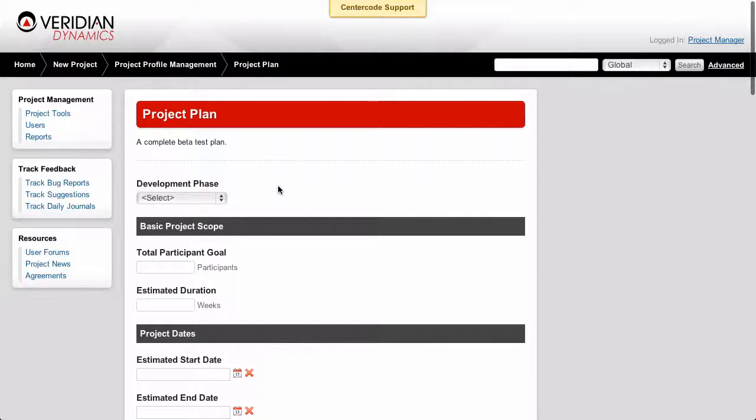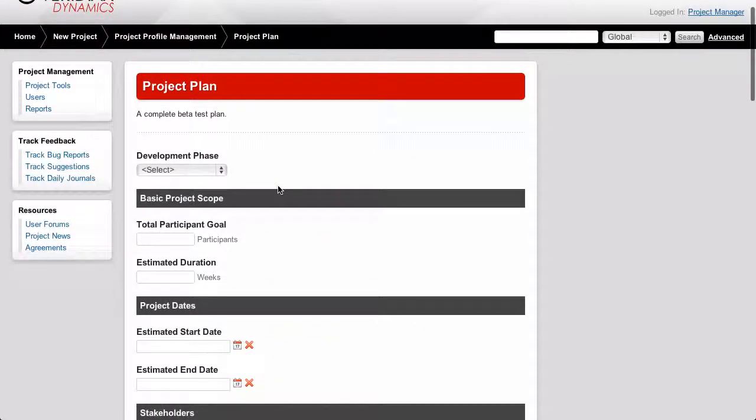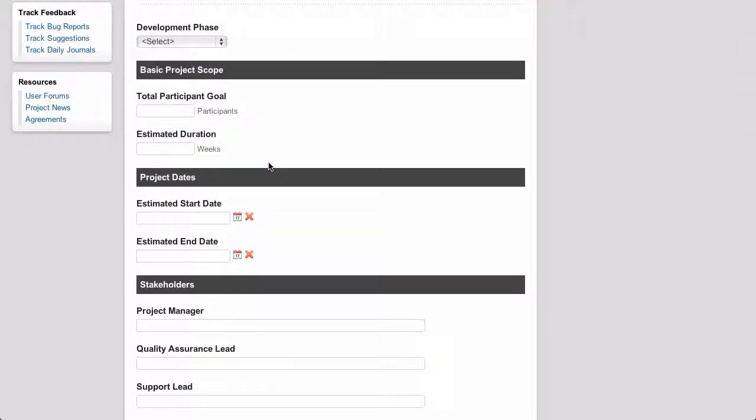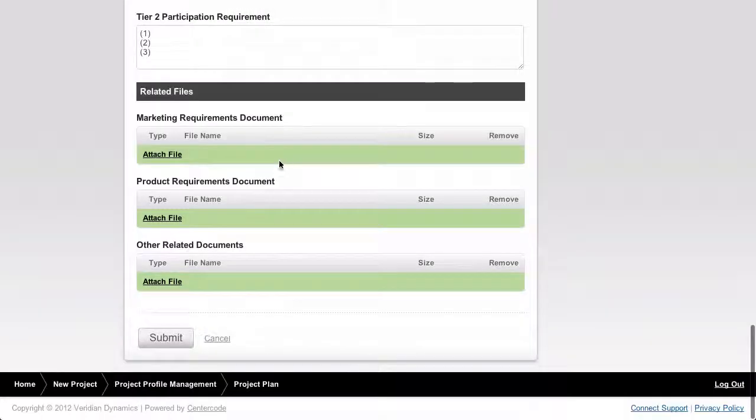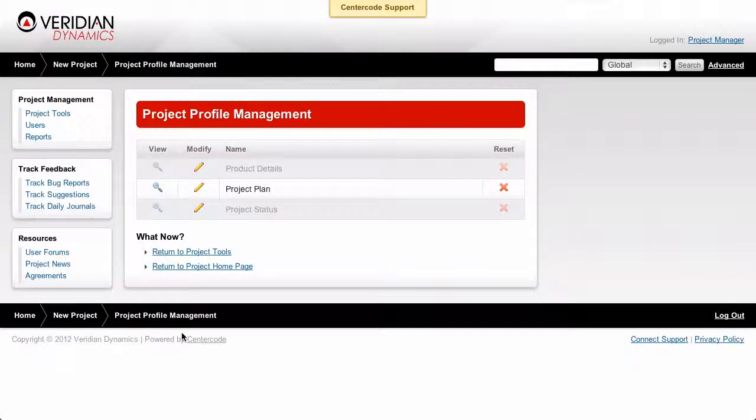Project profiles function very similarly to a survey that you'll be sending out to your testers. You'll effectively provide the information here that your community manager will be able to utilize to pull up reports regarding all the projects in your community. So be sure to fill out the information accordingly, and then submit the form when you're done. Your changes to the project profiles are saved here, and you can either view the filled out form as you filled it out, or you can modify your responses. You can also click the X button on the right hand side to reset the form and completely clear any